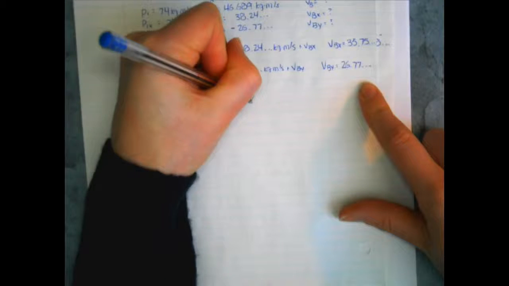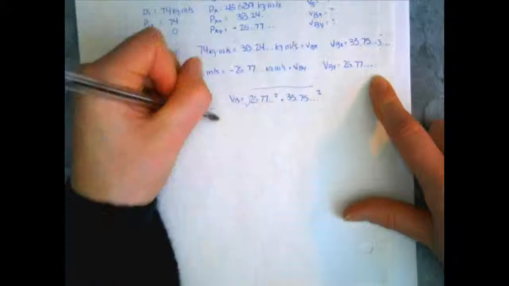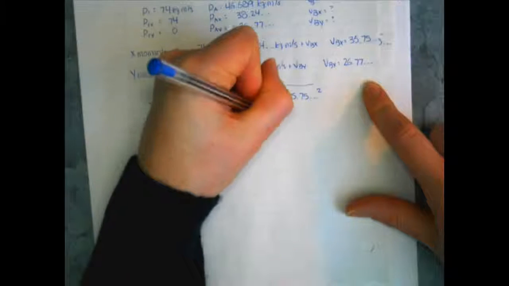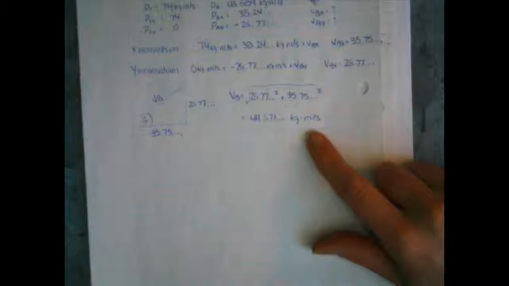So 26.77 squared plus 35.75 squared. And if we square root that, we end up with 44.671 as our momentum. Okay. Now keep in mind with your momentum, what we're actually looking for in the end was